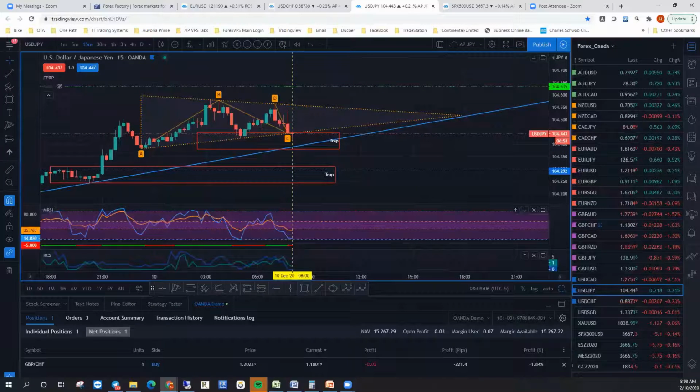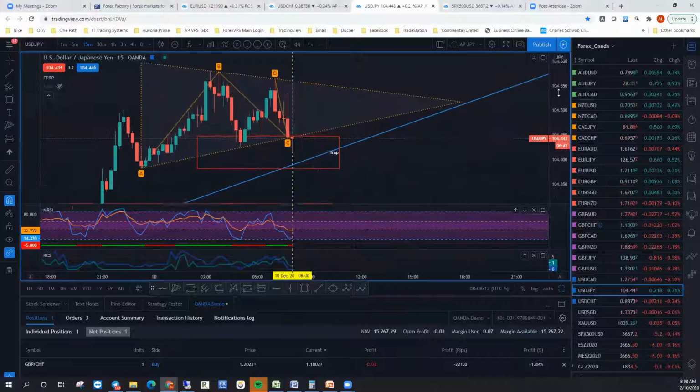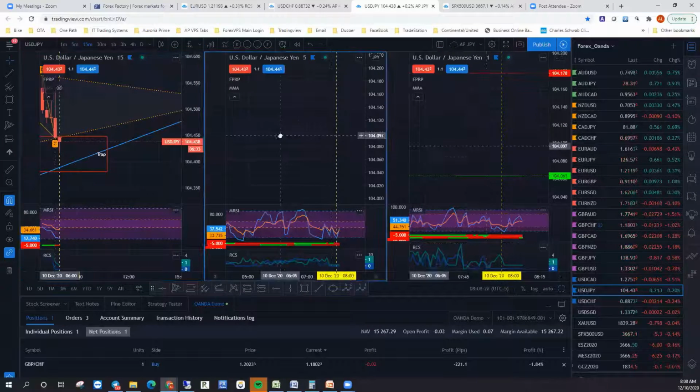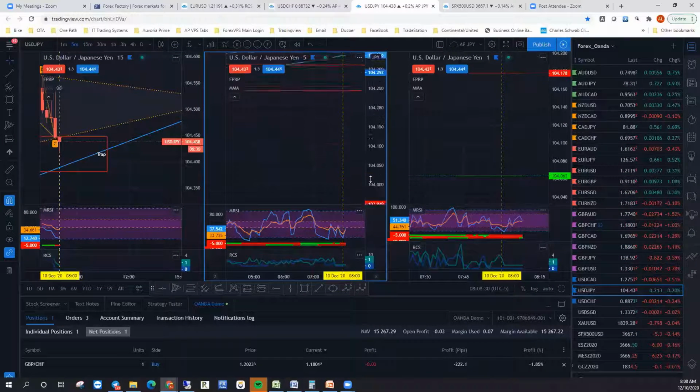So, let me take a look at something else here. And this is the US yen. And I can see why you would do that. Yeah, so this is a break. So we did have the break. Now we are on a 15-minute. Now we did not get a close on the 15-minute break. Let's see if we got one on the 5-minute. Not yet. There's a minute 30. Minute 30 yet to go.